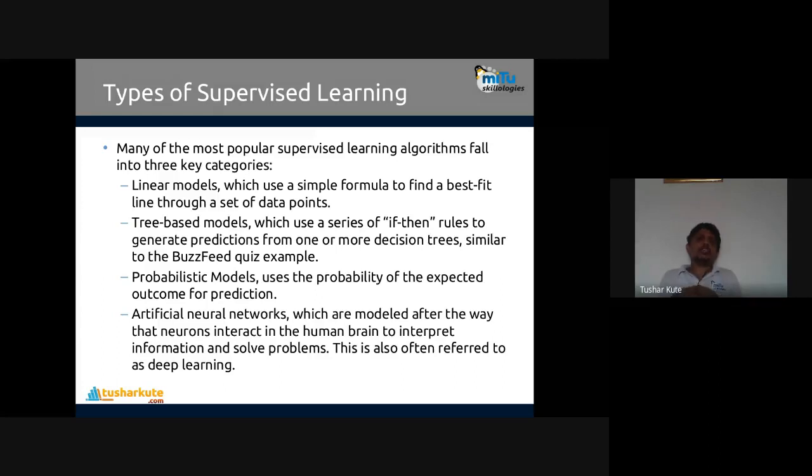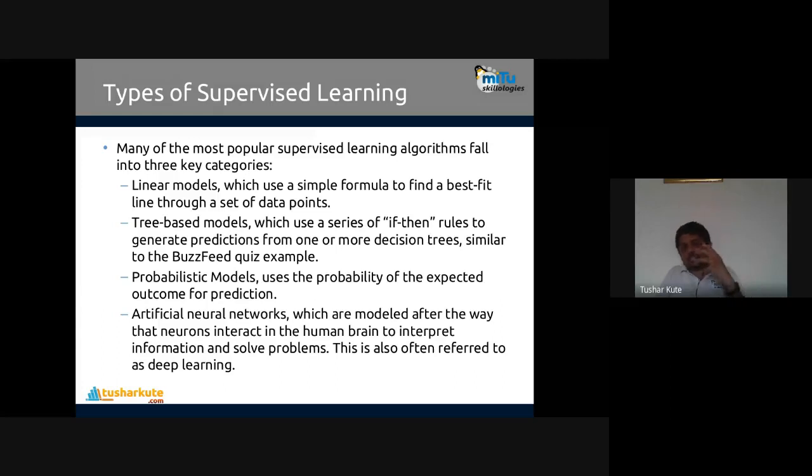Now let's go with supervised learning. So basically, see, there are many different ways of predictive modeling. Supervised learning is basically a predictive model, which is used to do predictions on the data. So we have the input data, we build a model of it. Once the model is built, we are going to do predictions, predictive analytics on that particular data. So this is what supervised learning is, correct?